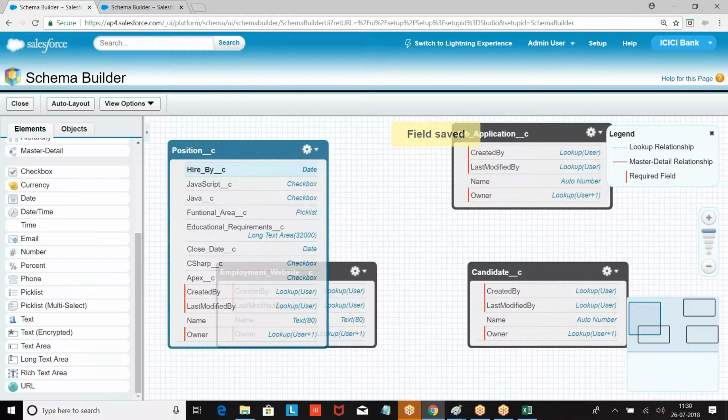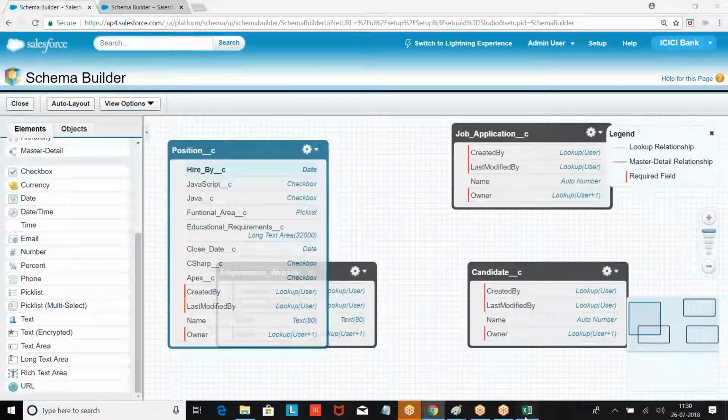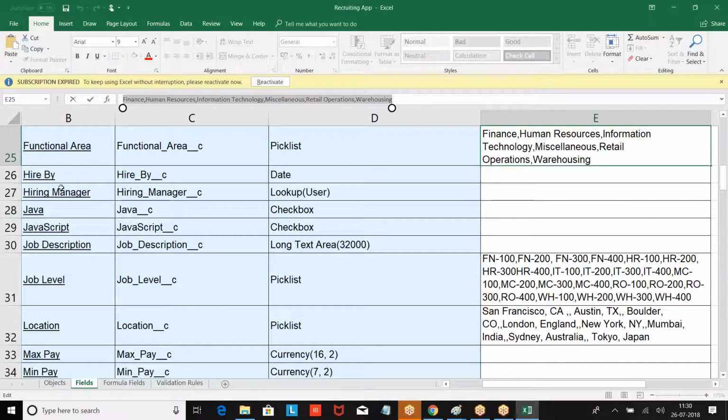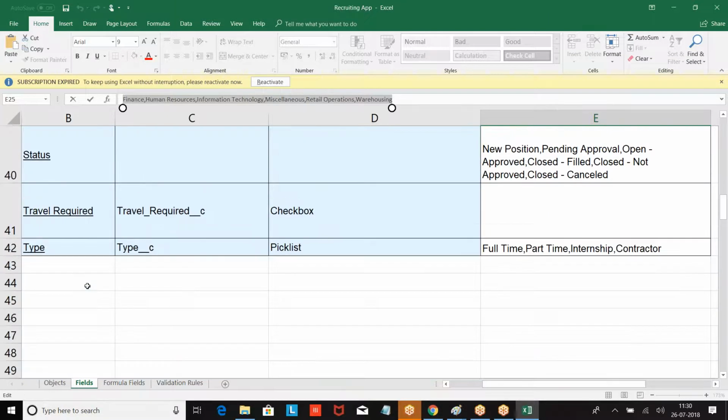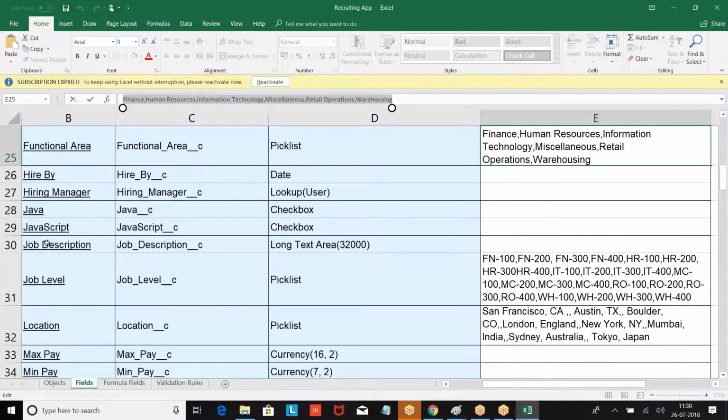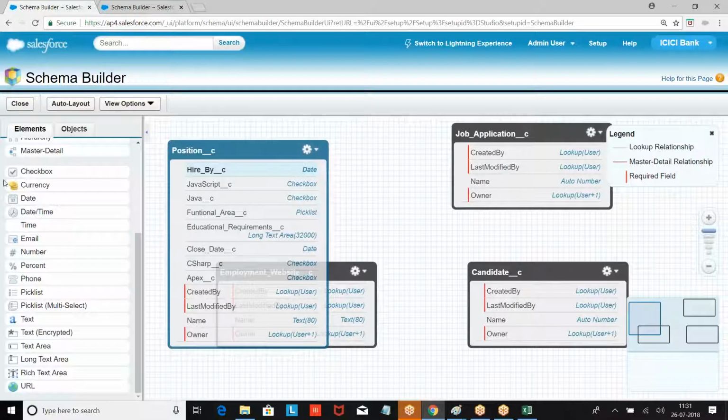Right. Now when you are creating all these fields, these fields are not visible on the page. Now how will you show them? Then what we had? Hire date, job description, job level. We have a job description, text area, then job level. Job description, text area.